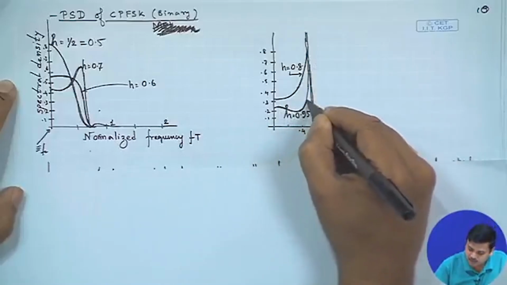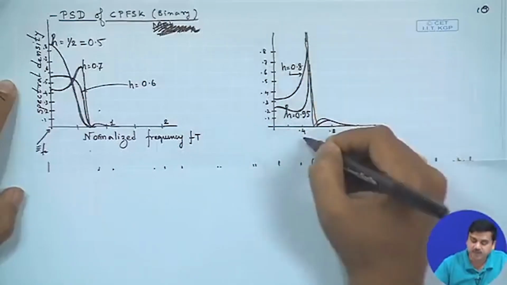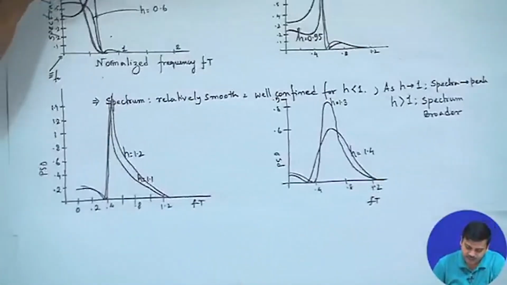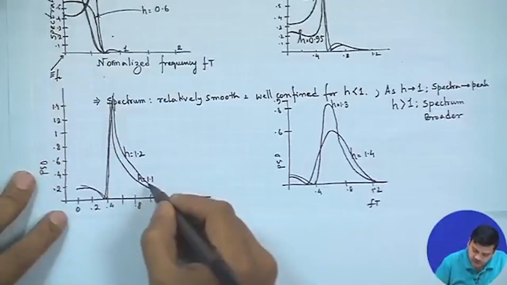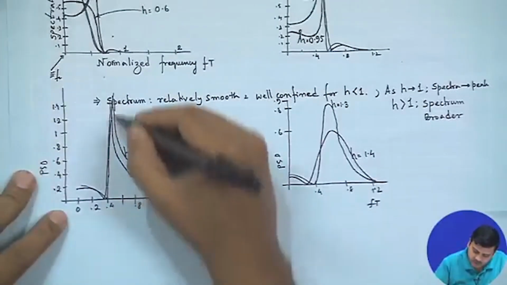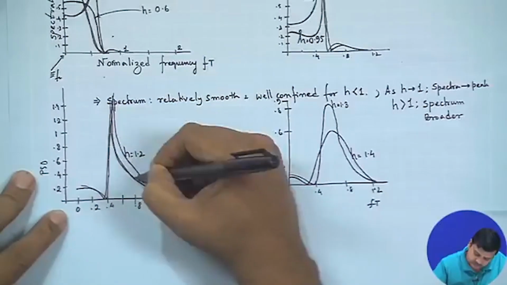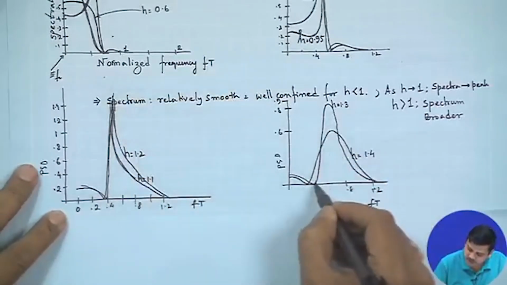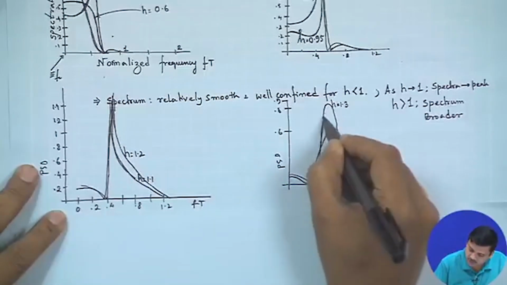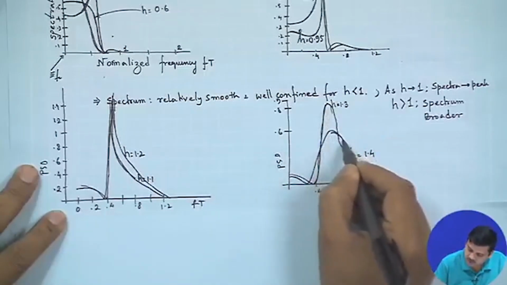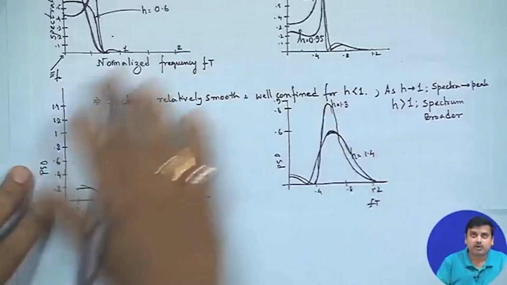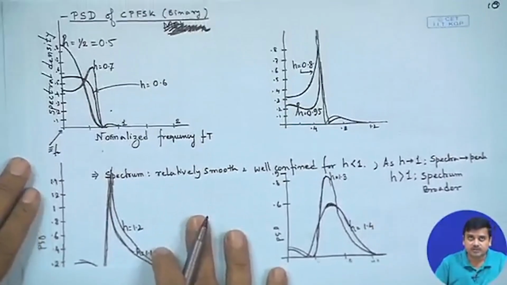At 0.95, it becomes even more sharp, and as we move on, it is the same here. You have H equals 1.1 as this one, and H equals 1.2, and here we have higher values. This particular one is for H equals 1.3, and this one is for H equals 1.4. So, what we see from all these power spectral density curves for a binary